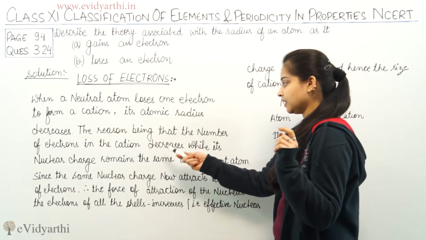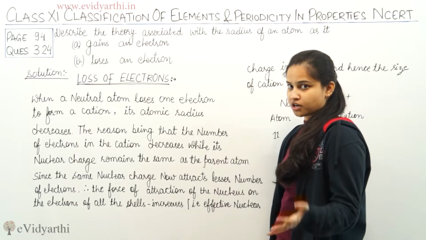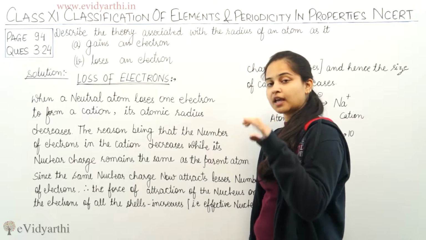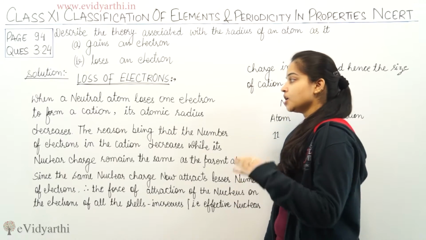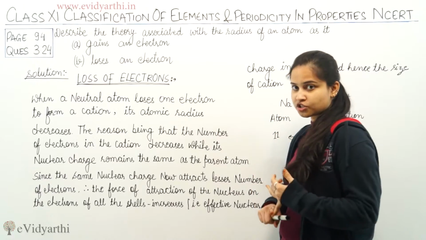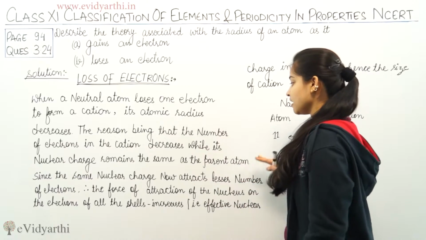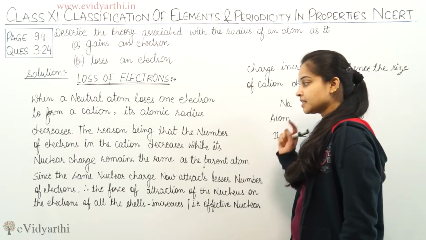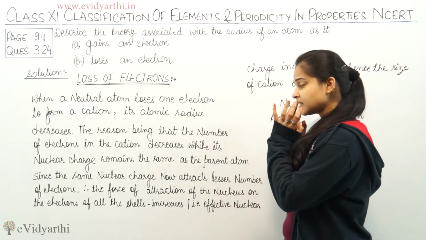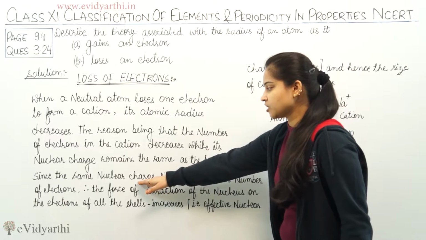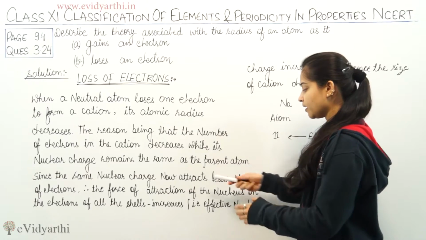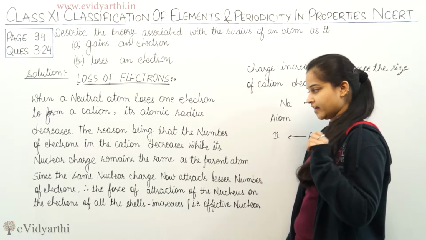The reason being that the number of electrons in the cation decreases, while its nuclear charge, the nuclear charge of the atom, remains the same, and the number of electrons decreases. Okay. So the reason being that the number of electrons in the cation decreases while its nuclear charge remains the same as of the parent atom. Since the nuclear charge is the same, look, the nuclear charge remained the same, electrons decreased, so since the same nuclear charge now attracts the lesser number of electrons, therefore